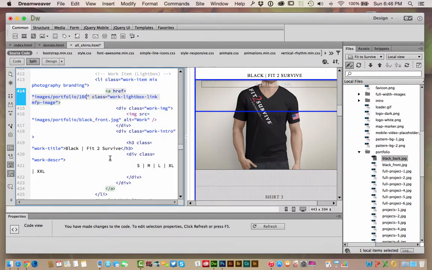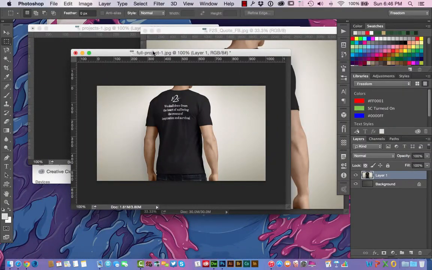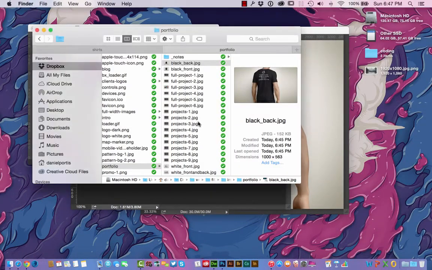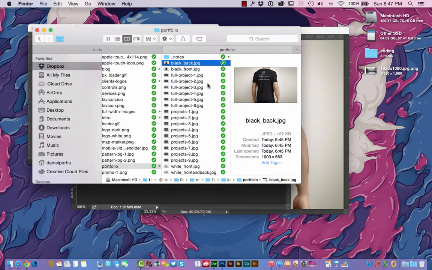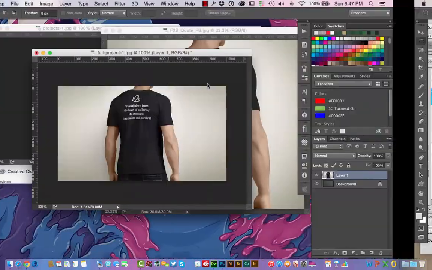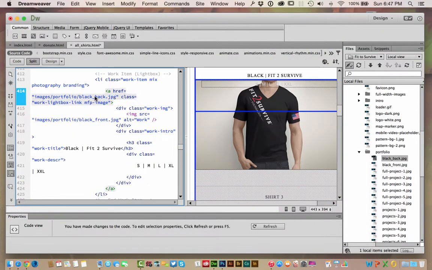Hit paste. Okay, maybe I did not copy that right there as I thought I was. So actually I can just come over here real quick and hit Command I, and I can copy it from here. But it's best to copy it as you're saving it there. So let's go back over here to where I'm trying to put this image, hit Command V, and we have black underscore back